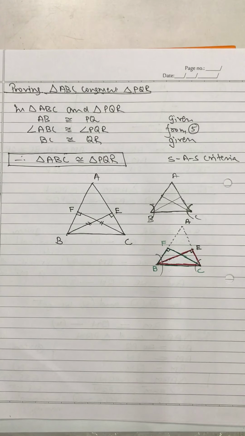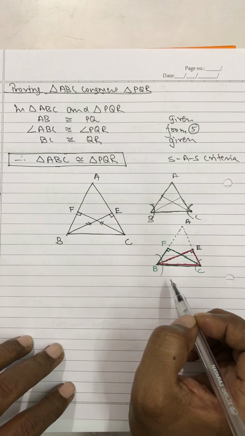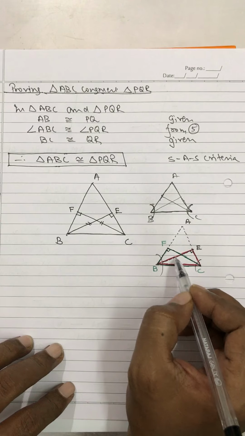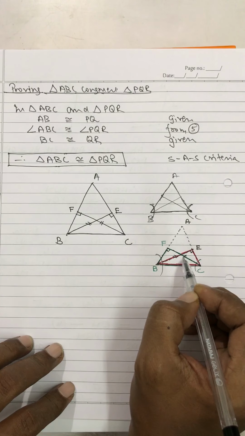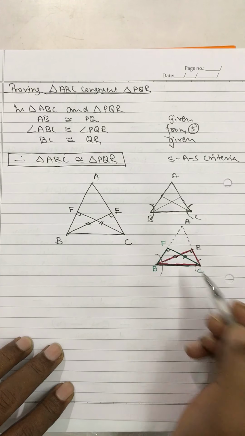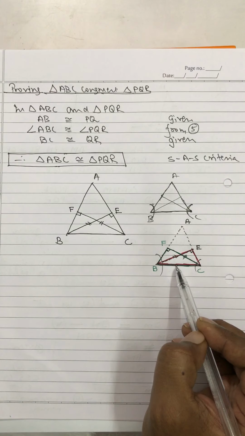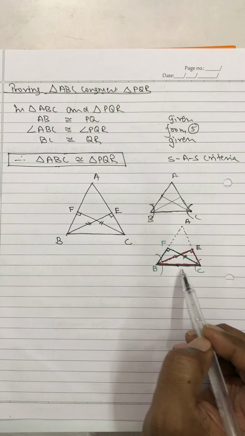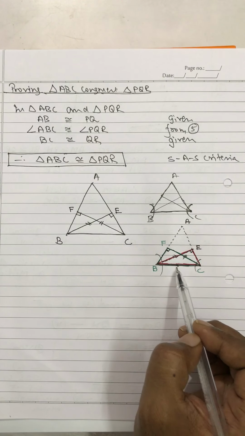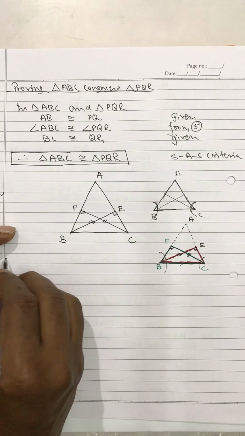So now what do we get is, this we have to prove. So can I prove these 2 triangles, green and red triangles, congruent? Of course here BE is congruent to FC, given. This is a right angle triangle and BC is the common side. BC is the hypotenuse, side opposite to the right angle. It is a hypotenuse for this also and hypotenuse for this also. So RHS. That's all.